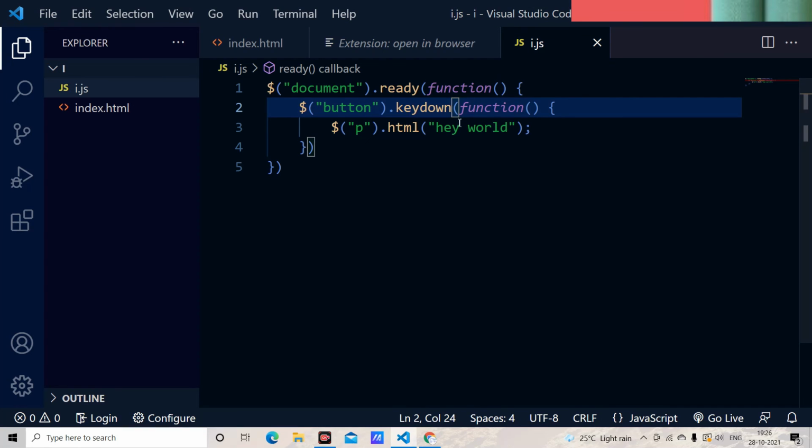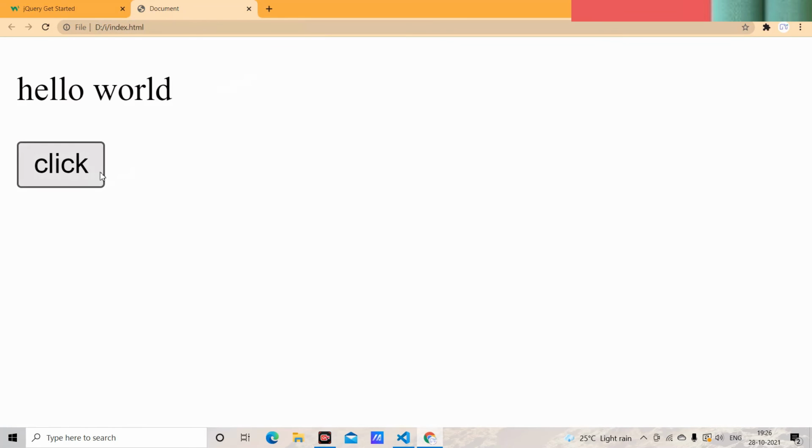Next we have the key up. You just need to update it, key up, and here I come, and I just click it, but it is not going to change anything. When I leave my button, it is going to change that. As you can have a look at here, it has changed completely. And this is how we go with the keyboard events, keyboard user events.